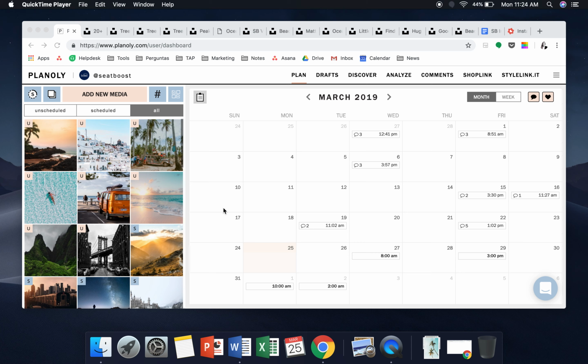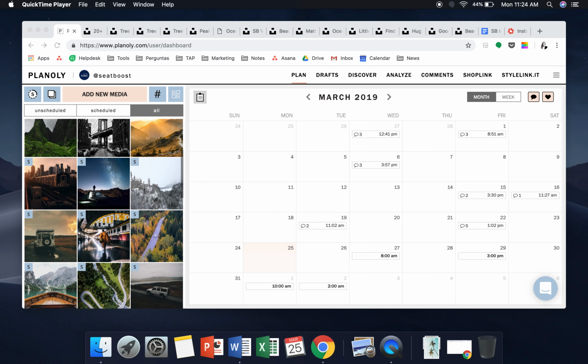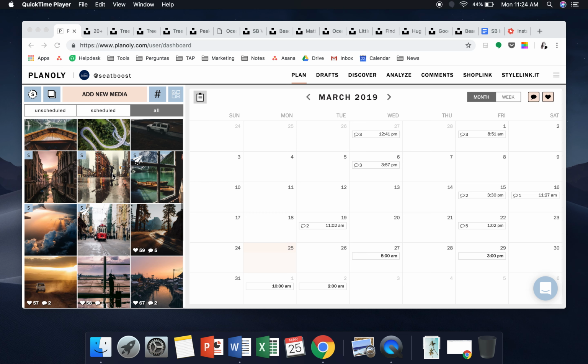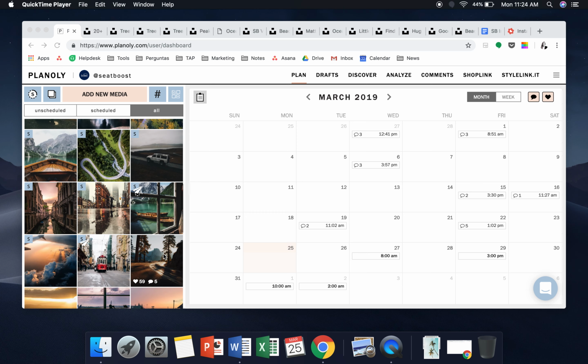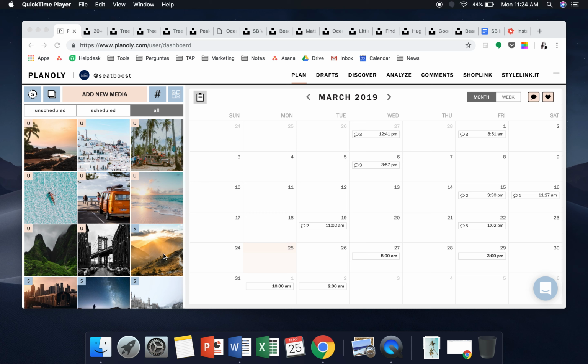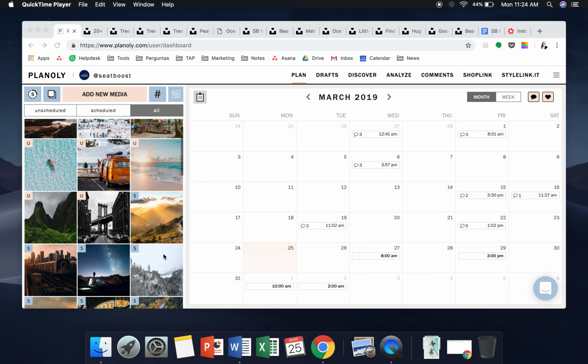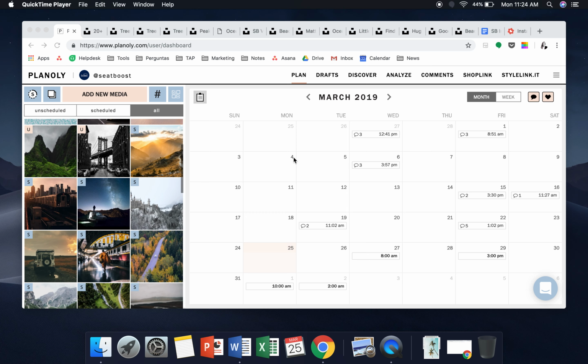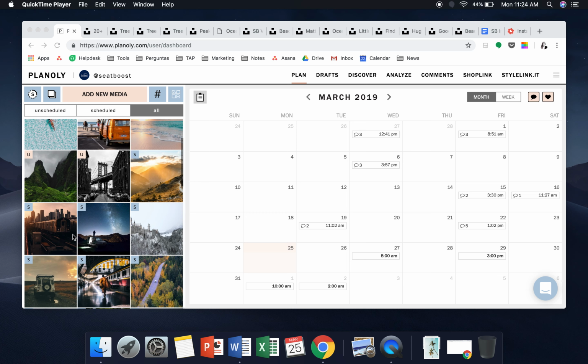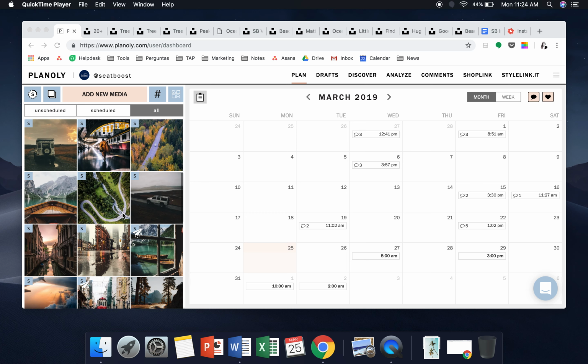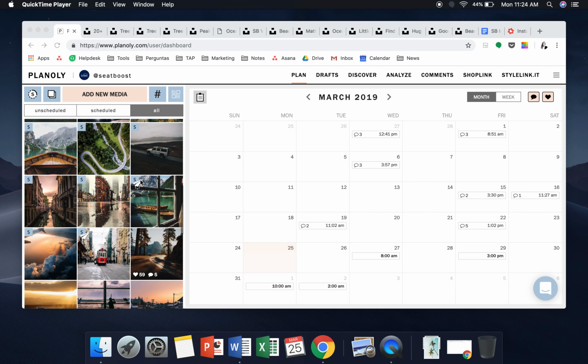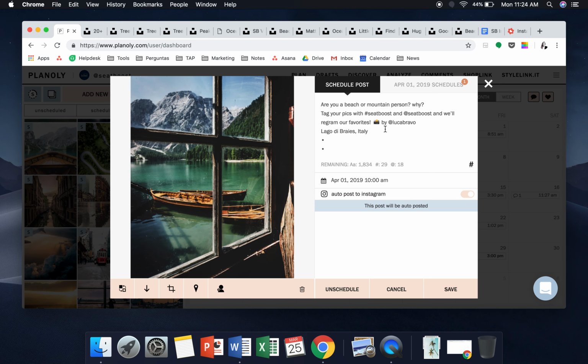So the tool we use to schedule our Instagram posts is called Planoly, and it's great because it gives you a preview of your grid, so you can make sure that everything stays in the same color tones and has consistent branding. Anything that has an S means that it's scheduled, and you'll see it on the calendar view, and anything that has a U means it's unscheduled. Anything that has this icon here means it's going to be automatically posted to Instagram without you having to take any sort